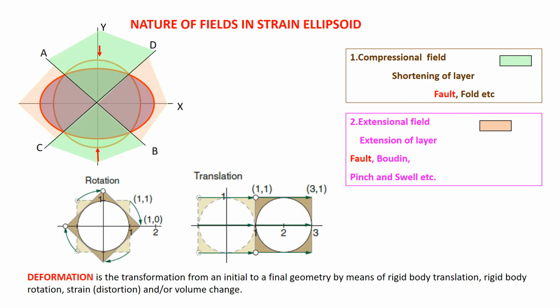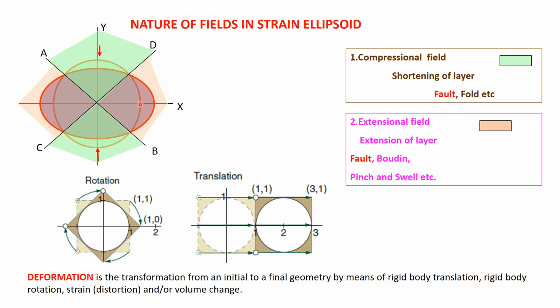When you are talking about folds and faults, you need to know in detail the compressional and the extensional field. You can see when stress is applied, this color regime is the compressional regime. It gets compressed, and in this x direction the extension happens. So in the y direction there is a compressional field, in the x direction there is an extensional field, such that